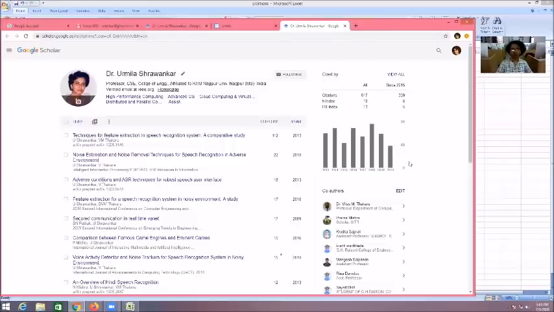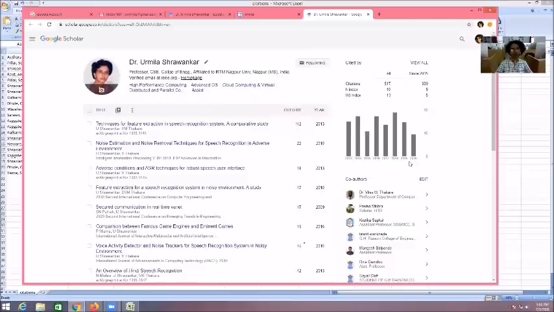These are the features available. I hope I have covered all the features of Google Scholar. And I request all the participants, please create a profile today itself and collect your papers. Those who have not collected your research papers, with your co-authors' papers, you can collect them, then export them into an Excel sheet and keep it with you. Whenever an update comes, you will get an email alert and then you can check your profile for the new update there. This is my personal request to create your own profile so that you can collect all your papers.